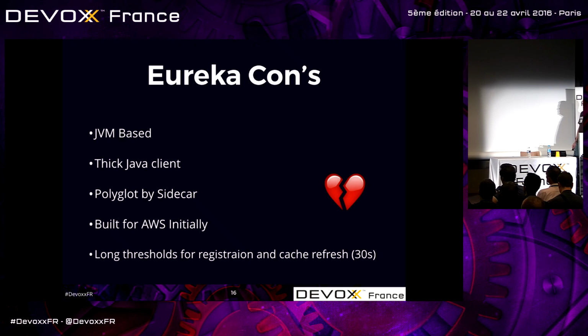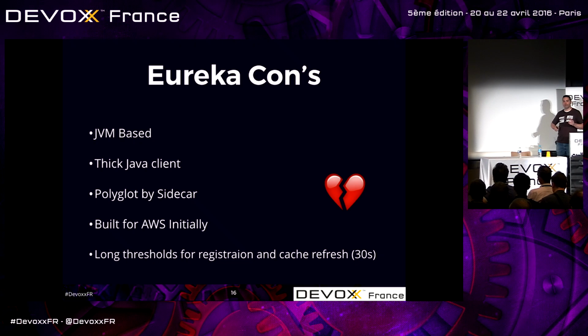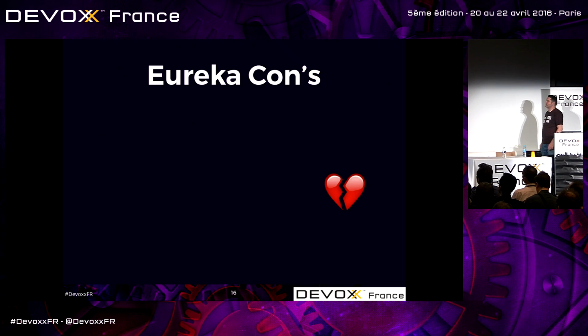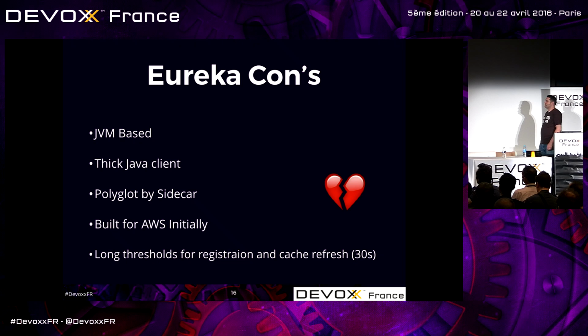There are some interesting registration and cache refresh timeouts. So it can take between 90 seconds and a minute before you see a new instance show up. So if I registered service A, it might take service B 90 seconds before it would see that new instance. You can tweak that with properties, but by default, those can add up to 90 seconds to 2 minutes. But we've had fabulous success with Eureka.